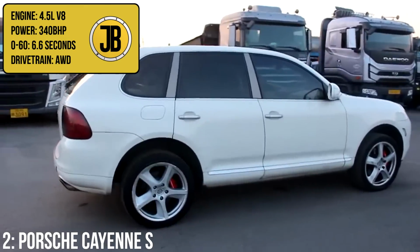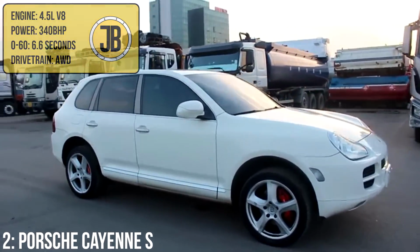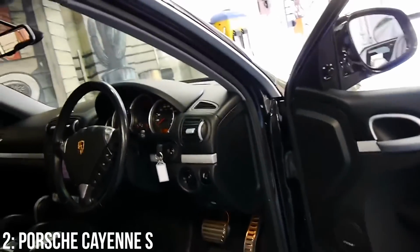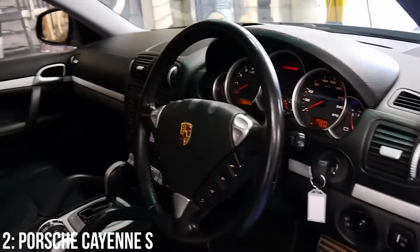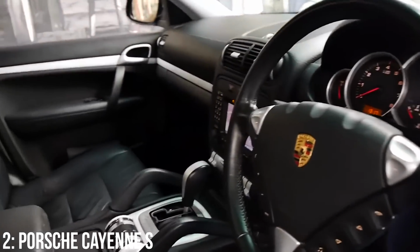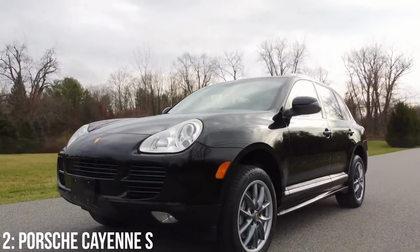Just missing out on the top spot is the Porsche Cayenne S with its 4.5 litre V8 petrol engine, putting out 340 brake horsepower, which gives it a 0 to 60 time of 6.6 seconds. Although the Cayenne isn't my cup of tea, I have raved about it in previous videos for it being so important to the Porsche brand we see today, in terms of saving them from debt and opening them up to a whole new market. Though Porsche purists didn't like it on release, over time it has seemed to grow into